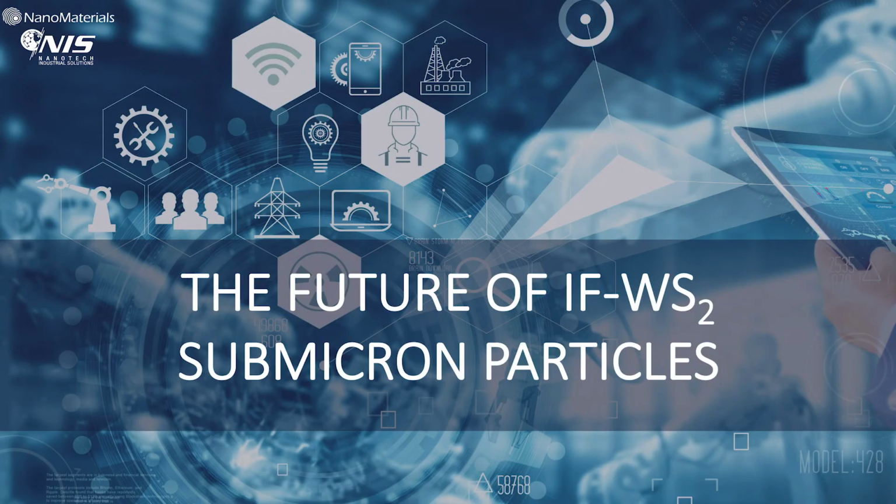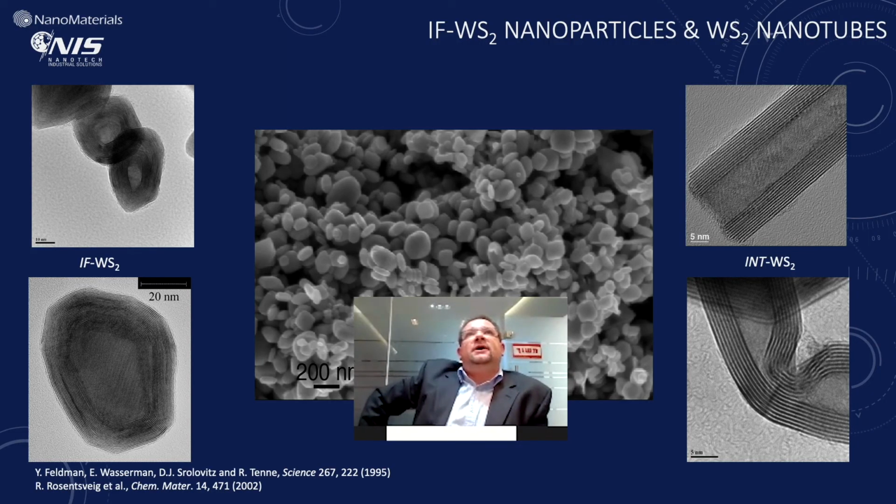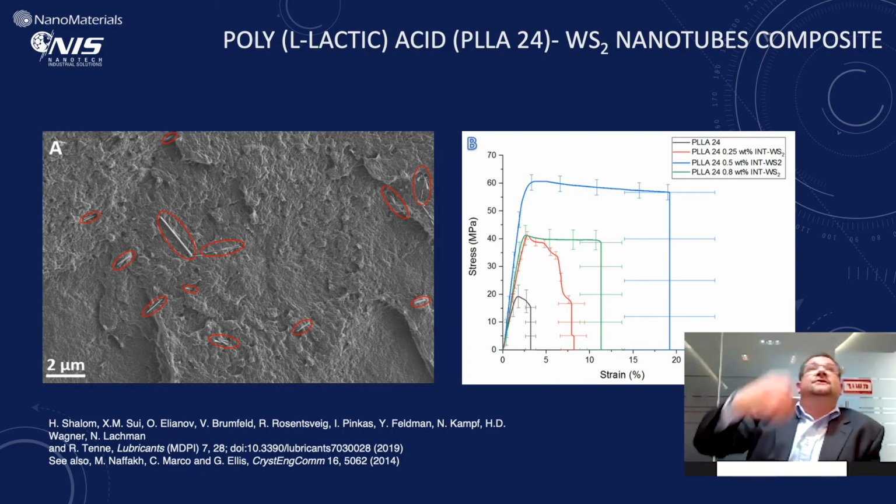And regarding the future, the elongated particles are often seen as a material for reinforcement. There are numerous works where nanotubes are used as fillers in composite materials, for instance, those results with polylactic acids. There are numerous works with other polymers as well. What is remarkable here is that we clearly see that